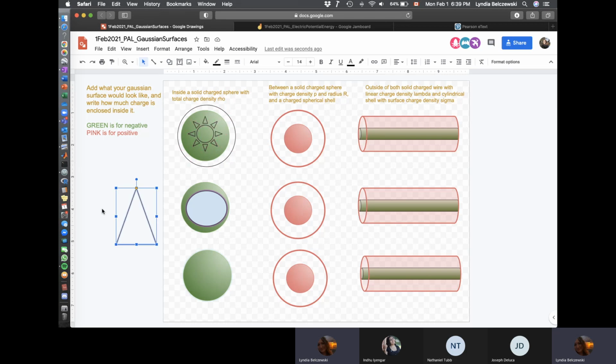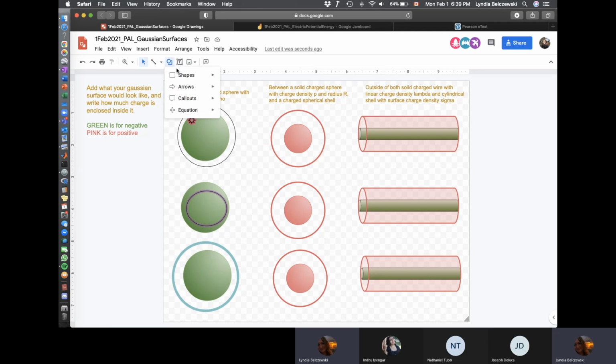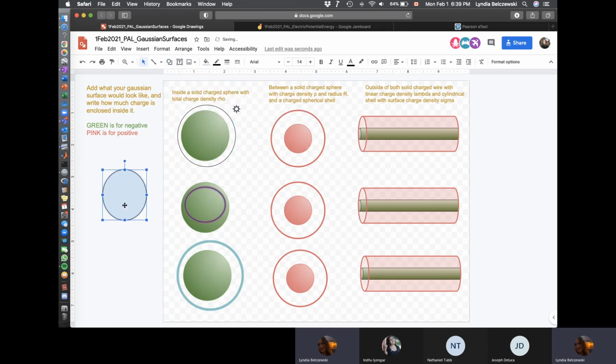Okay, so yes, add a Gaussian surface to each of these, and it should be a convenient Gaussian surface that would let you calculate the electric field in the region I've described. Once you've done that, I also want you to type. When you make an object or a shape, like an oval for example, you can double click on it and type stuff inside. And I just want you to write out how much charge would be enclosed